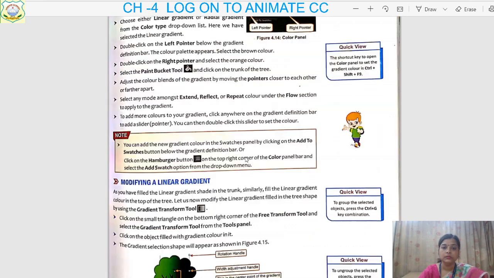Now, till now we have completed how to create an object, how to group them, how to fill solid color in that, and then how to fill the gradient, either linear or radial gradient colors in that. Is it clear? If you do not read the book, it will not be clear to you.